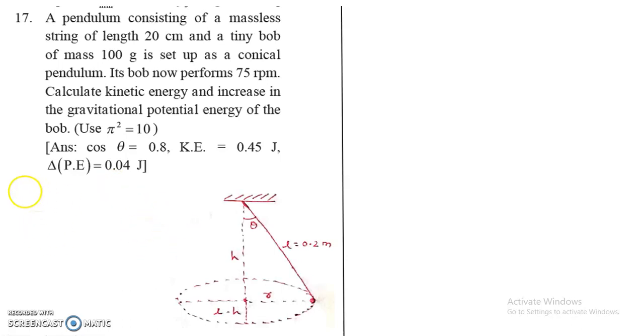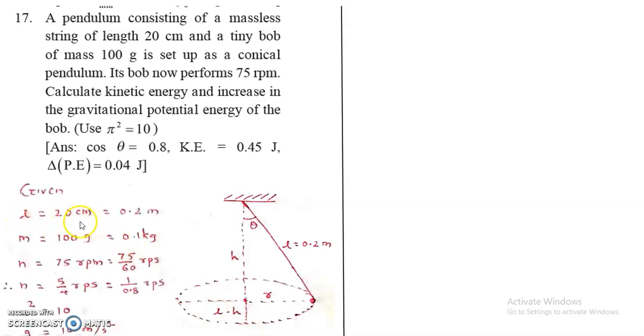Now this is the diagram. So this is a conical pendulum. It is revolving like this. When the bob is here, the length is 0.2 meter. The distance from the center of this horizontal circle to the point of suspension we name h. If we freely suspend the string without revolution, the bob comes to a little lower height. So this is that height, and from this height to the center, the distance is L minus h.